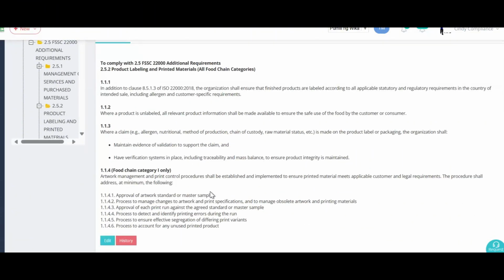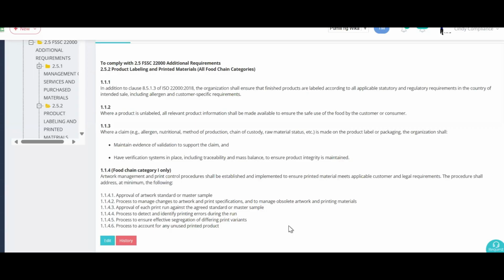1.1.4 for food chain category 1 only states that artwork management and print control procedures shall be established and implemented to ensure printed material meets applicable customer and legal requirements. The procedure shall address at minimum the following. First, approval of artwork standard on master sample, process to manage changes to artwork and print specifications, and to manage obsolete artwork and printing materials.